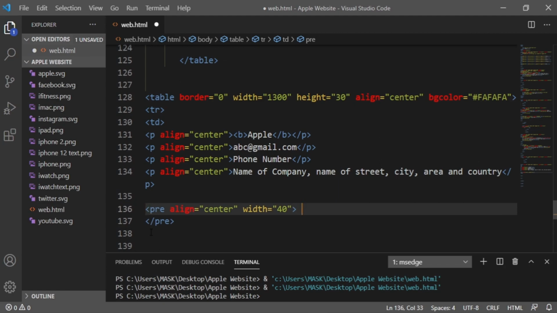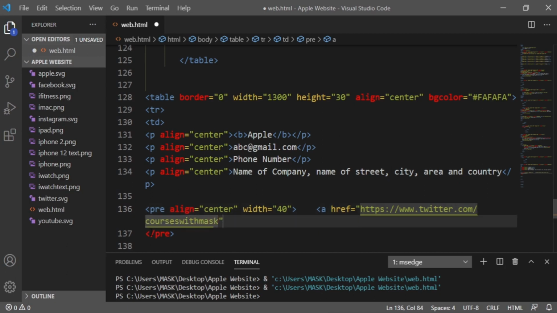Now if I give this space, it will be used. So let's give it 4 spaces. 1, 2, 3, 4. Now let's write link, which is href, and the link is https www.twitter.com/courses with mask, and the title will be Twitter. Now let's close this, and inside this we will be using image, which I have already added